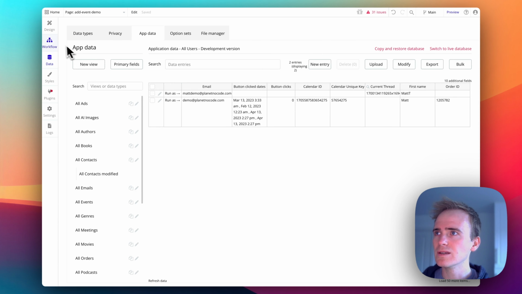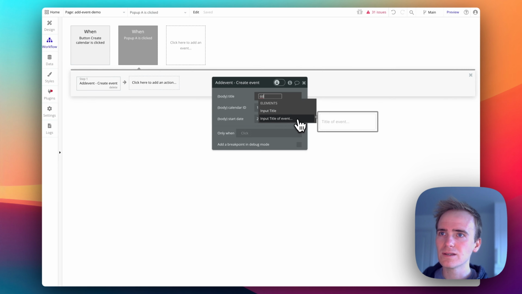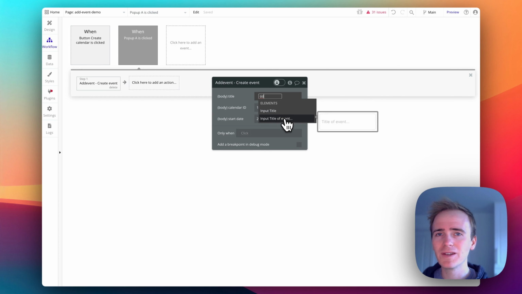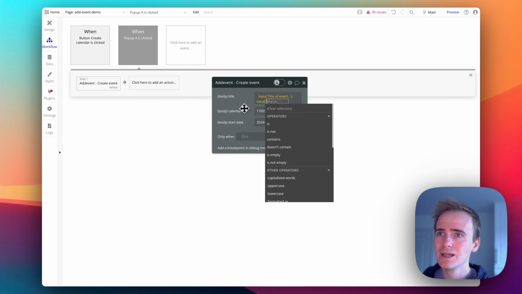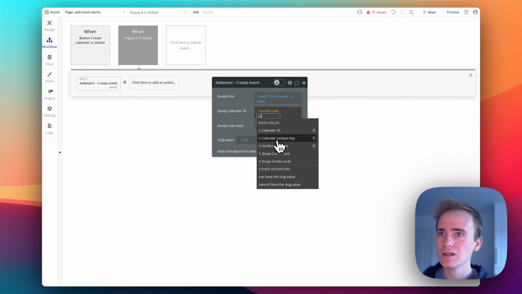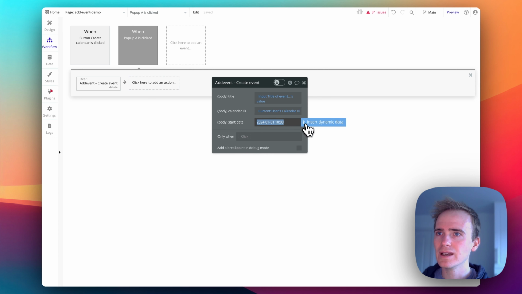So it just makes it easier. I'll go back to here to find title of event, and that's helpful because I think I use title as the placeholder for the calendar as well. Now the calendar ID, so this is current user calendar ID,